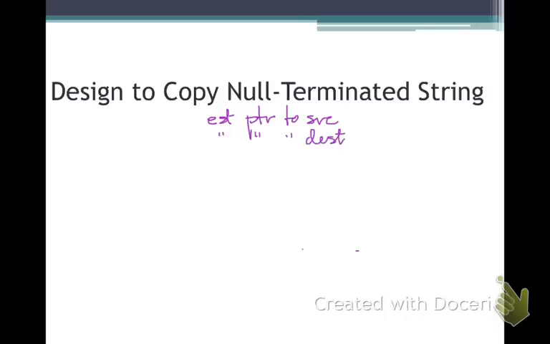I need to set the direction. Which way am I going? Am I going left to right in both of these or right to left? In this case, we're going to clear the direction flag. It's misleading to say we're going to set the direction; set it in terms of indicating what the direction will be. In our case, let's say we're going to set left to right direction, which means we're going to use the clear